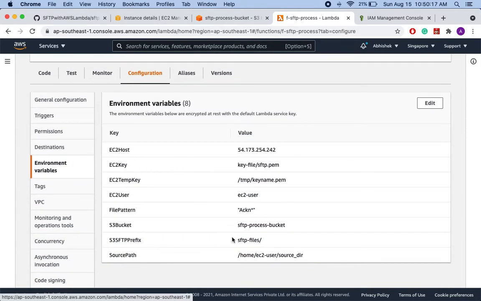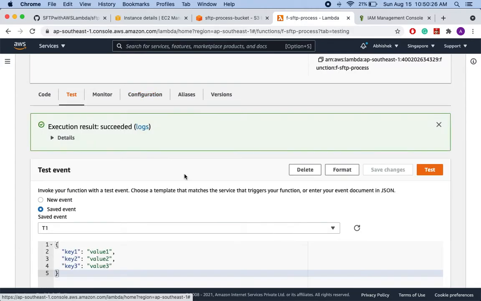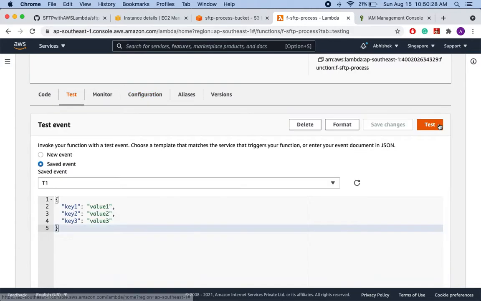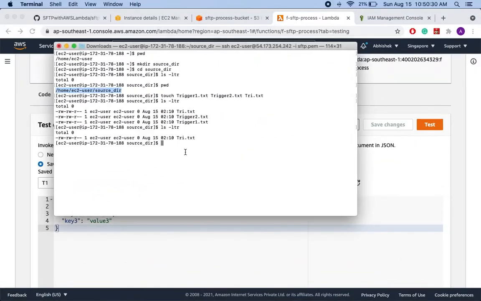So everything is ready. Now, I have changed the file pattern to ACKN for acknowledgement. So let's go to test. Let's close the previous result and create some new files. Currently we have only one file, TRI. So let's create some new files.